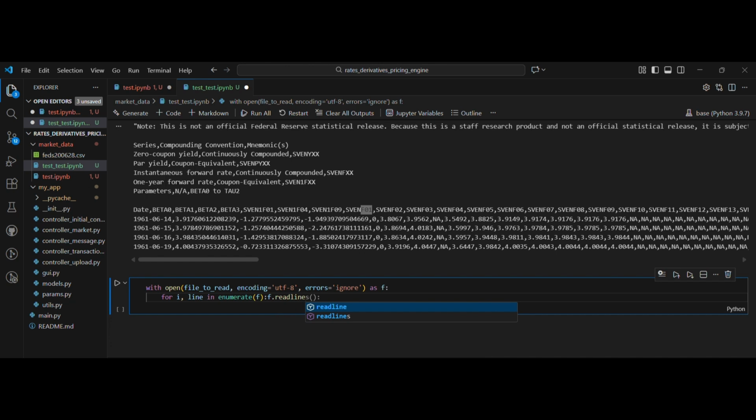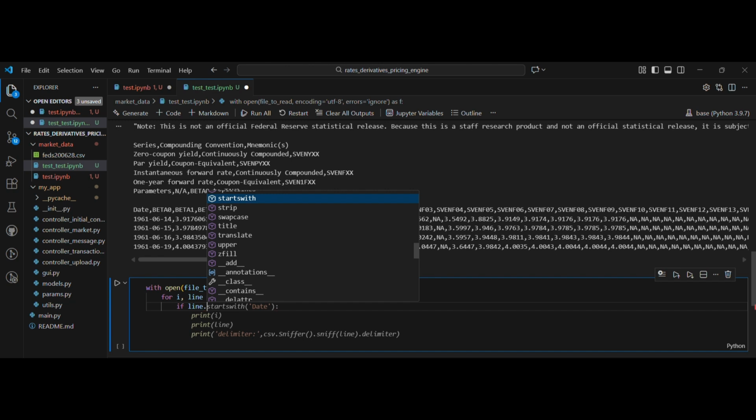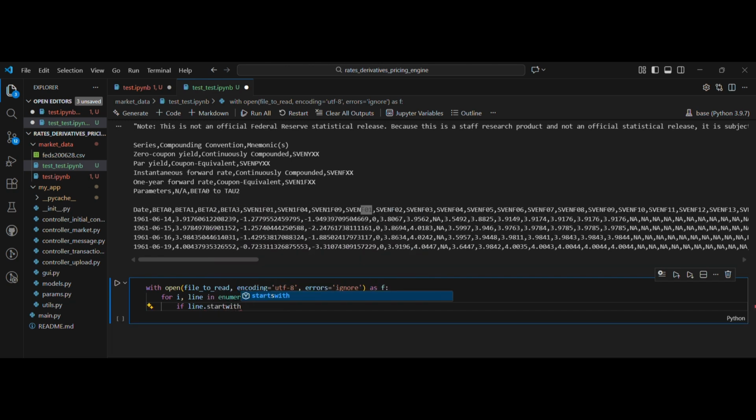So it is good because if we use f dot read lines and the file is very big, then sometimes the system can collapse. But if we have for I comma line in enumerate F, it reads step by step until you want it to break, which is more efficient, and it also will work. And I will say that if line starts with, actually it's thinking the same as I do,